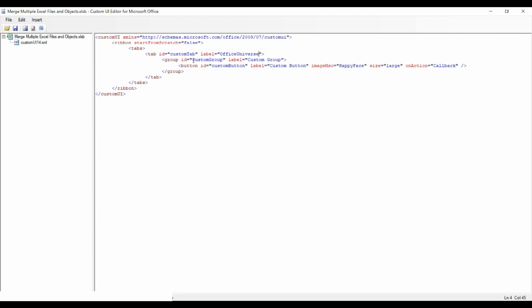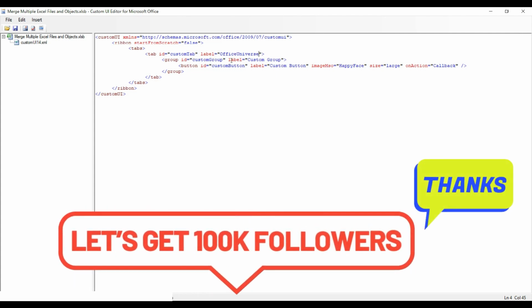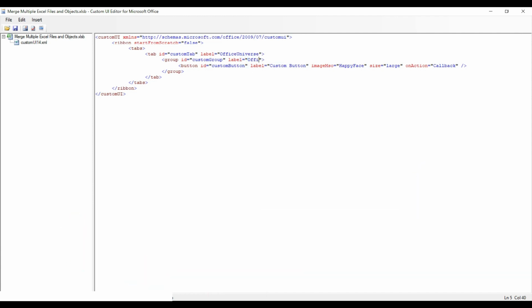This time I'm going to have just 2 buttons under my group. And as the next step, I'm going to change the name of my group again. Let's say Office Universe Macro. And under the group, I can see the XML code for my new button. I'm going to create 2, so the only thing I need to do is simply select the existing one, enter into the new line, and move this code a little bit under the next one. Here we go. I have 2 buttons added to my new tab.